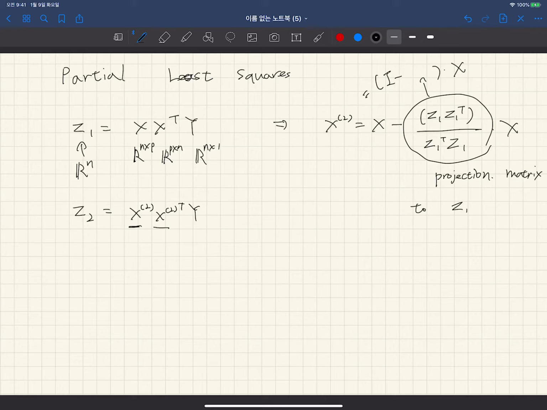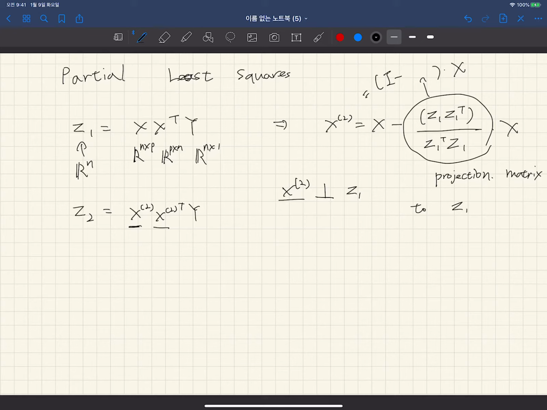So X2 is the matrix which is orthogonal to Z1. From the original input, we removed all components aligned with Z1 so that we make a new orthogonal